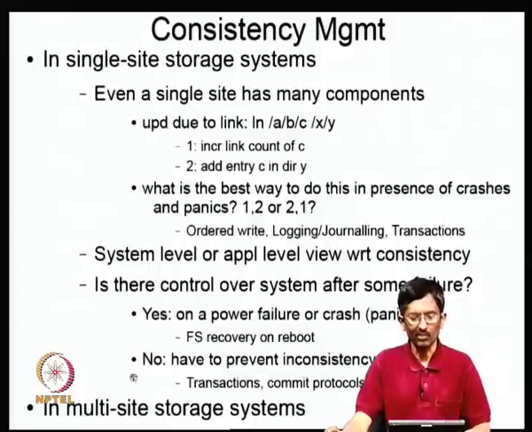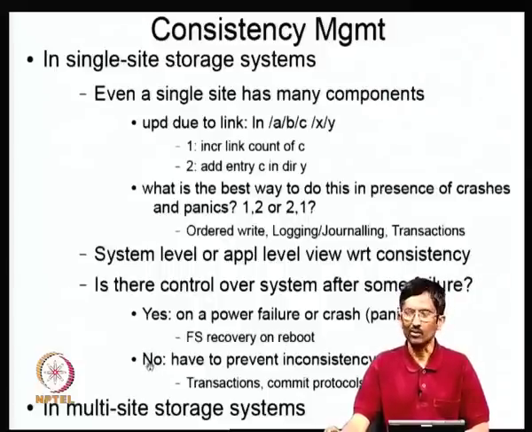So we look at consistency management in a multi-site storage system. We will first start with some simple models, then we go to slightly more involved models. So what we will do is look at commit protocols first. As I mentioned earlier, commit protocols are used in those systems in which persistence is an important aspect, for example file systems and databases, because when some of the components fail, they usually have accumulated some state about what they were doing, and when they recover, they have to use that information to somehow make the system consistent again.